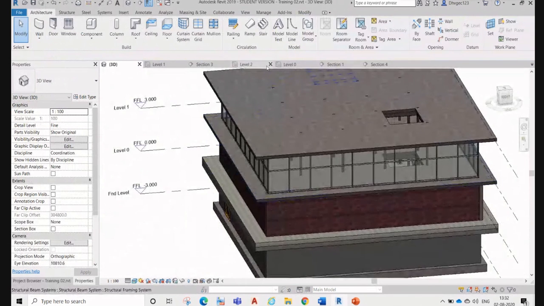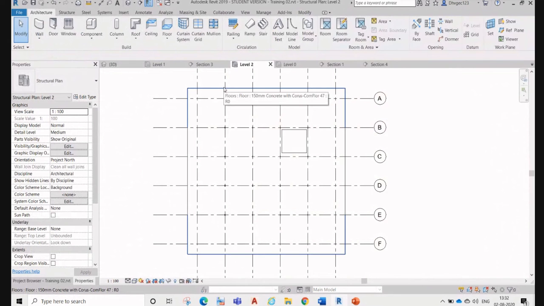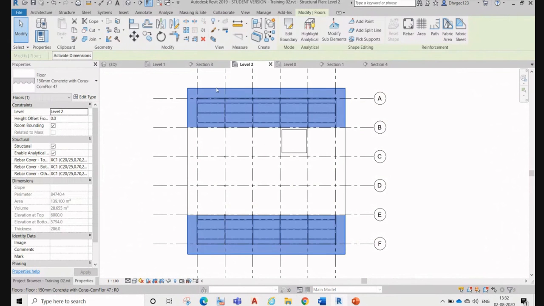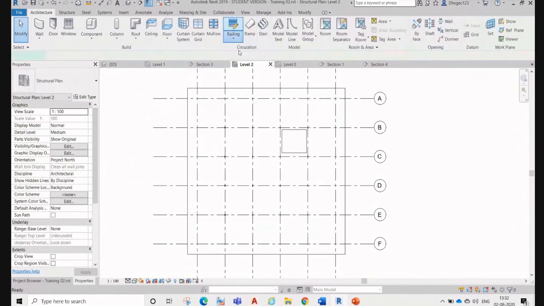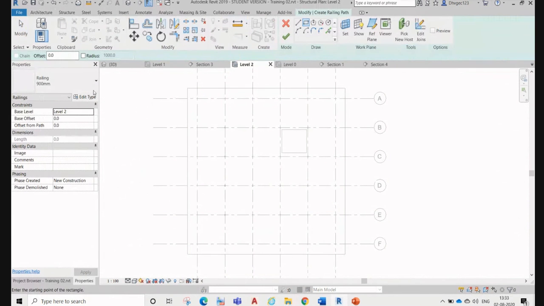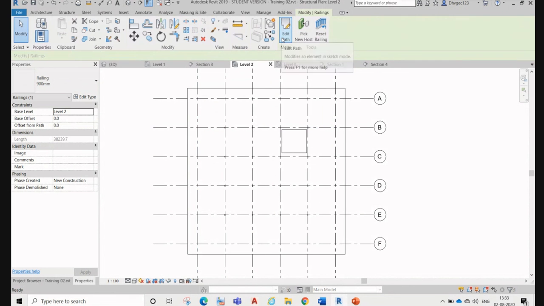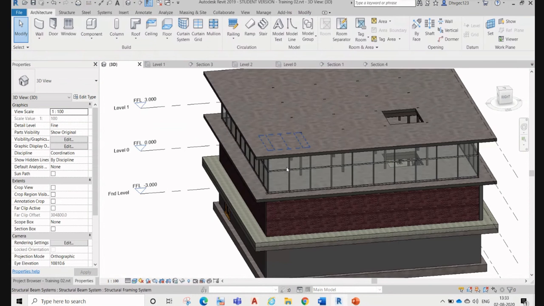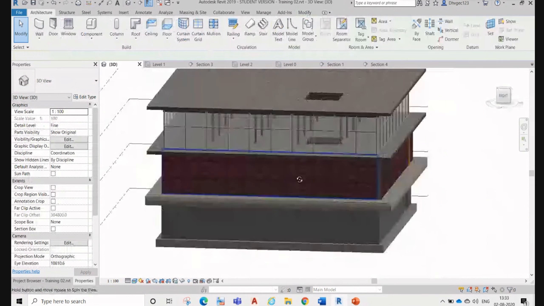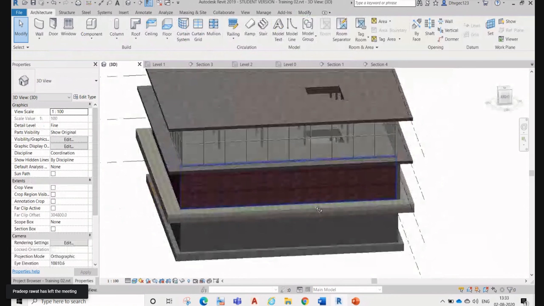We draw a line. Okay, just try again. Path. Okay, 3D is not visible anywhere. It means we have to load.